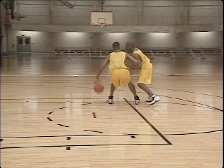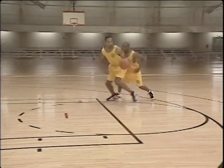Here's the ball right out here. He's going to drop the ball behind him so that he can spin and catch it without hesitating, without losing a beat. Also, look at the defensive player. He's to the far side, so we got him out of position. Look at the forearm, okay? The offensive player has his forearm up. He can control the defensive player now. Now he's set to make his spin, knowing the ball will be there and knowing that he can beat the